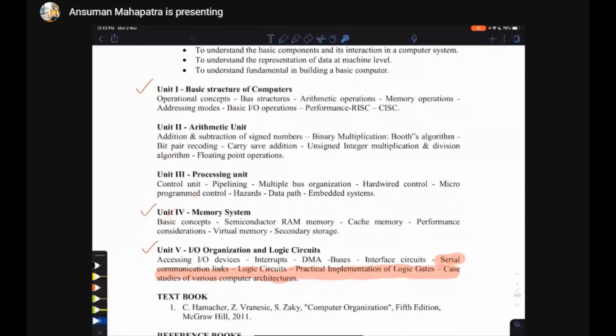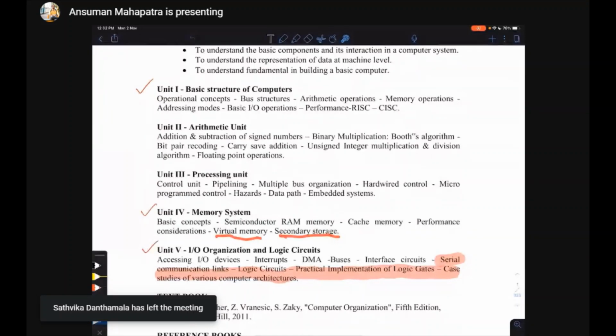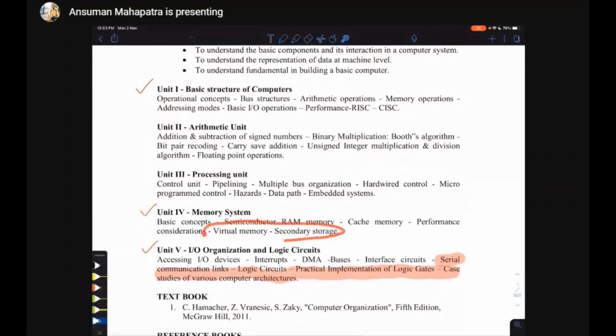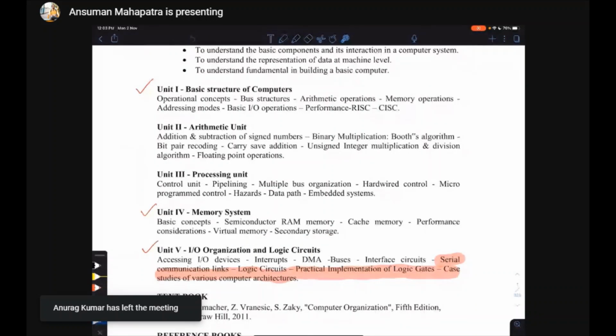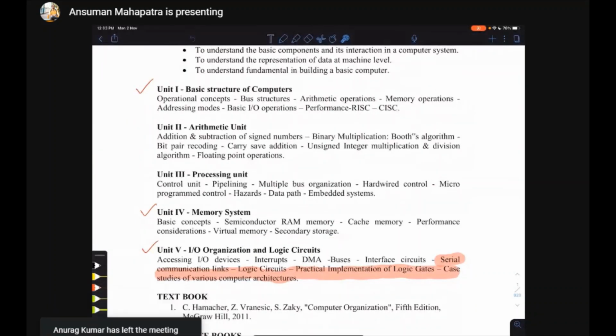In that, virtual memory and secondary storage, these two things we are skipping because you have to read them in operating system. There is no meaning of reading only the fundamentals; you will get a better visualization in operating system. Still, if time permits, at the end of this whole course we will cover these two parts a little bit. These parts are also there, so we will do that also at the end. This part is left.